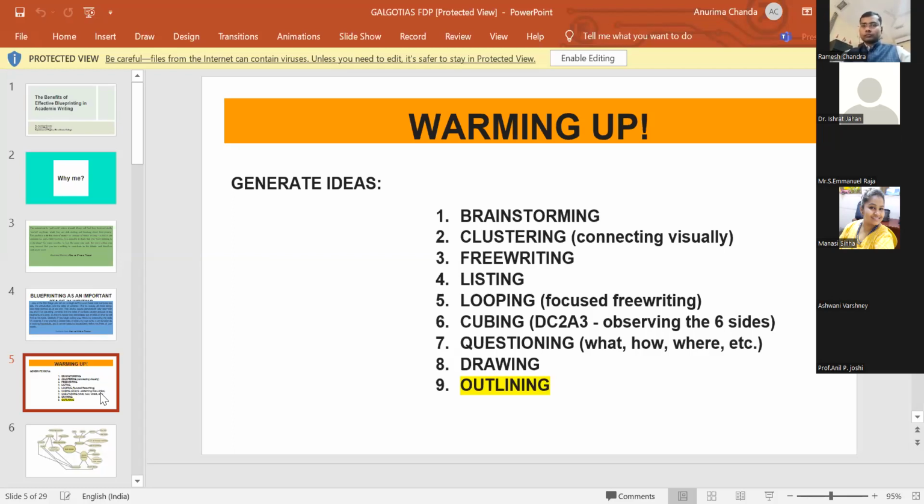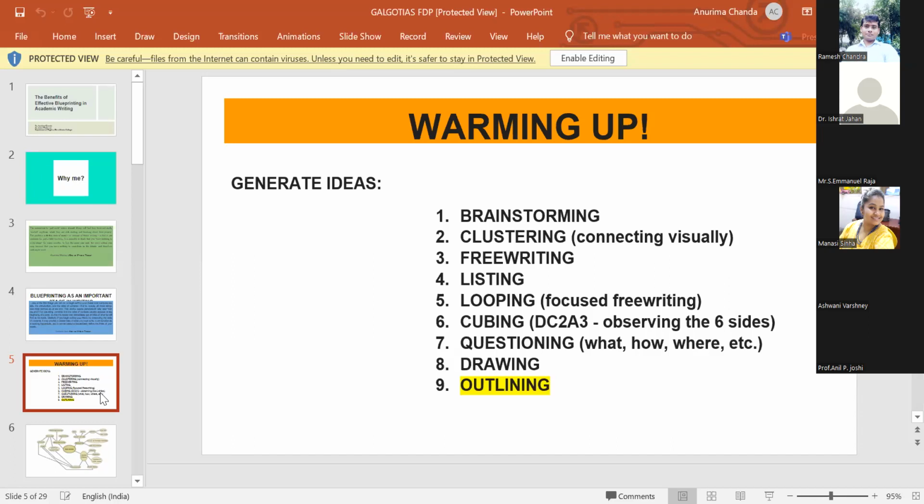Clustering is a very interesting way of approaching research writing. And we'll get to outlining. You see, outlining is there at number 9. I will be getting to outlining. And when I talk about these warming up techniques, please do keep in mind that these are not exclusive of each other. And of course, while there are these techniques that I can guide you through, writing itself can be very, very subjective. So yes, there are techniques, but ultimately it's you writing.